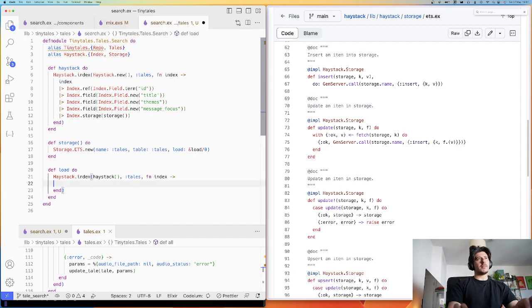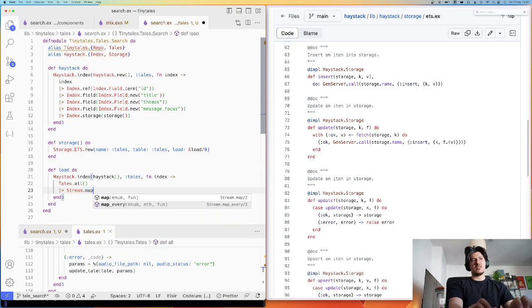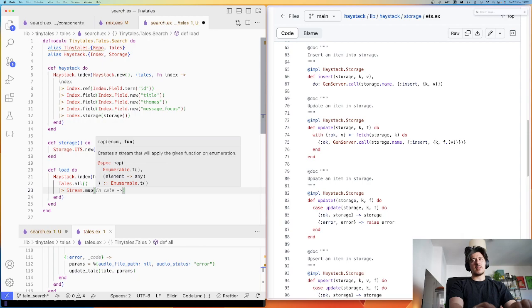So do that, and then tails are all. So these are all my tails, and then for each one of those, I guess I want to take the information in them and stick them in the thing. And I want to do this asynchronously, right? So I guess I want to do stream.map, and then